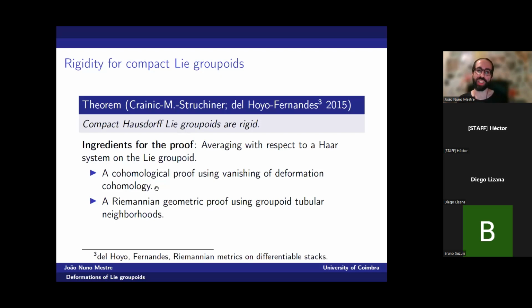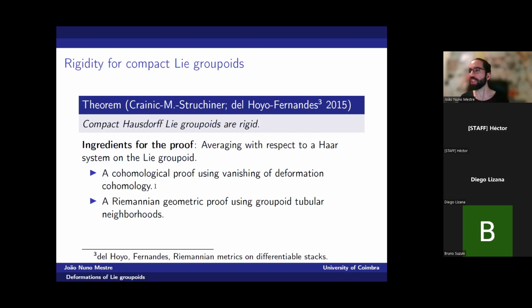Now, to be able to do that, we needed to figure out what we want to average. And what we wanted to average is, again, the infinitesimal representative of a deformation. And that turned out to be a cohomology class, like usually happens for deformation theory. I'll get back to this theorem and how to prove it in a while, but let me just tell you